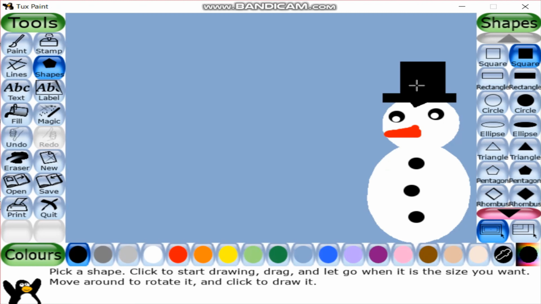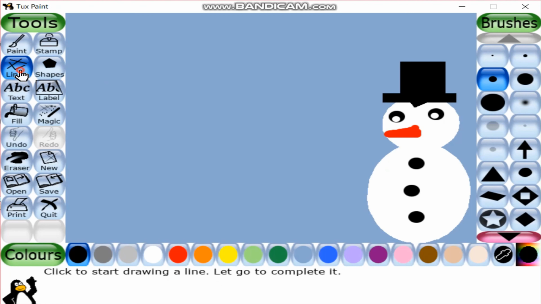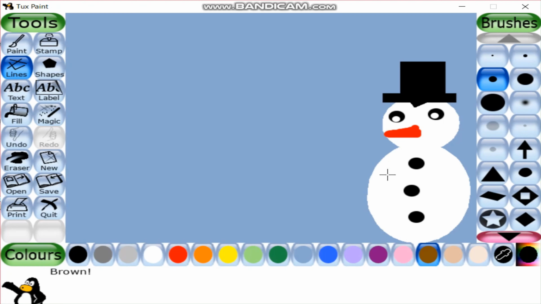I am using the lines tool along with the brown color from the palette to draw its arms.